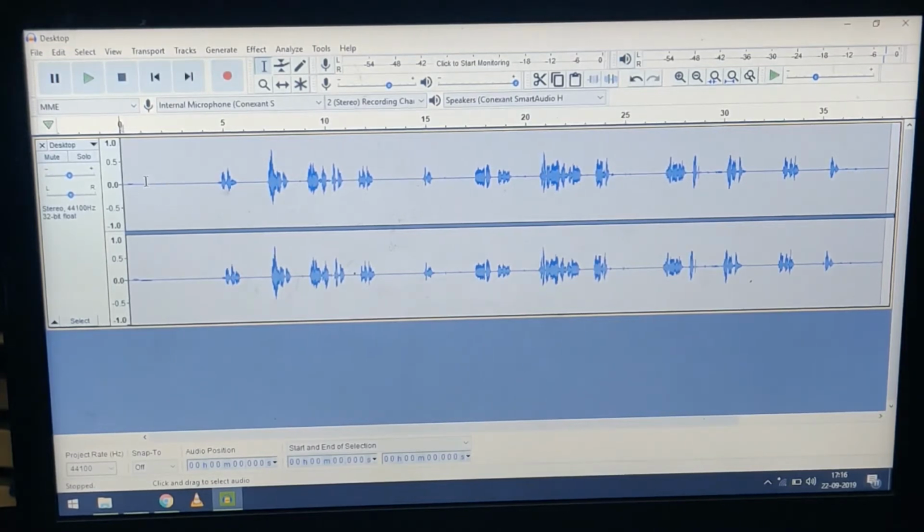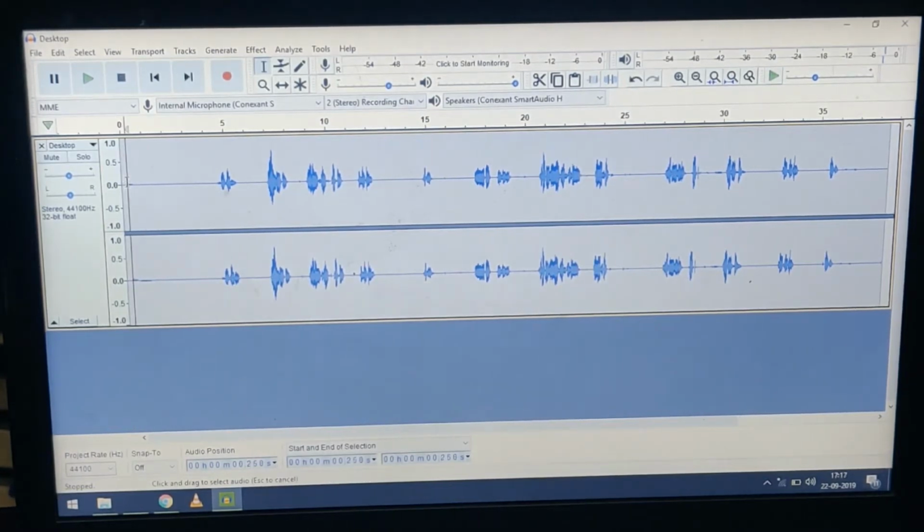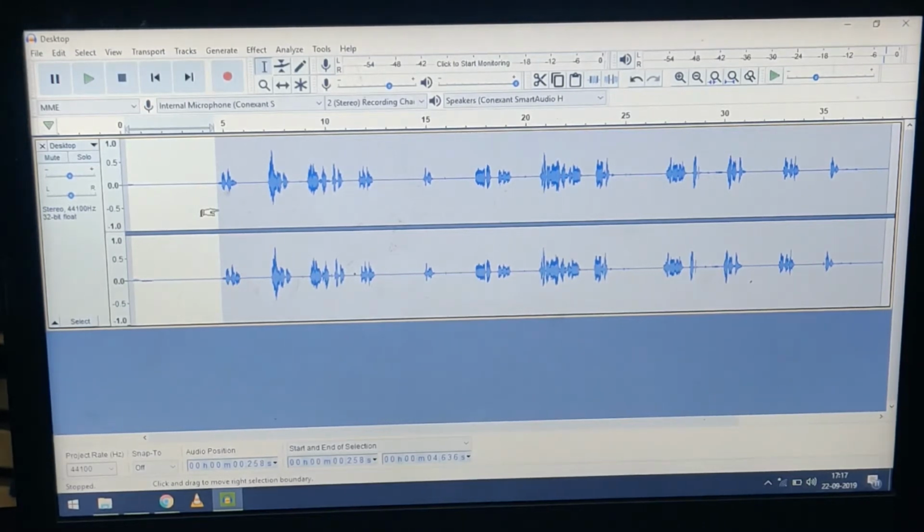noise area. So I am going to select from the starting. Just click here and go till the noise ends, before my audio starts. To cross-check it, just click on play.